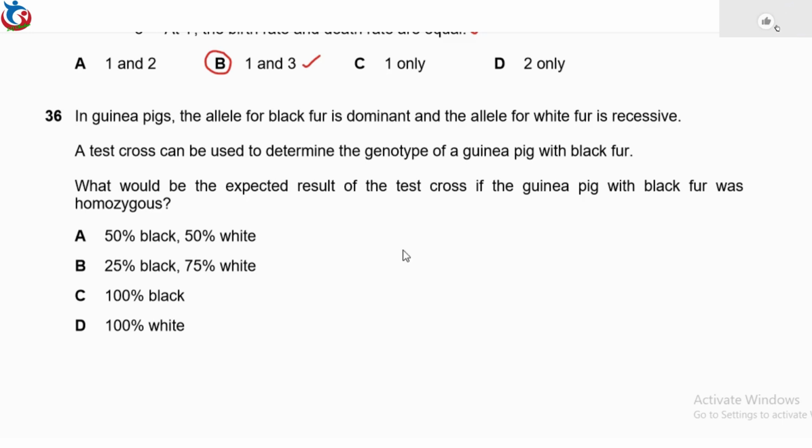Okay, black fur is homozygous. If B represents black fur and b represents white fur, homozygous black crossing will definitely give you